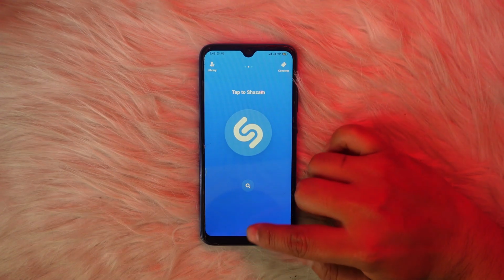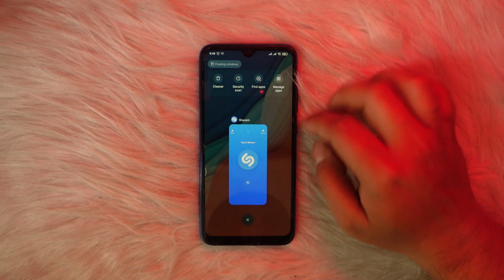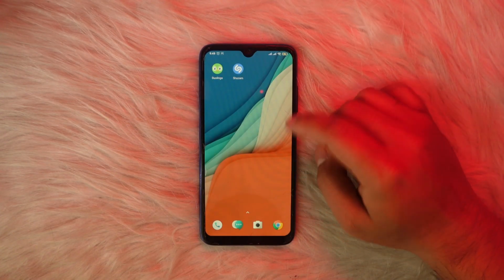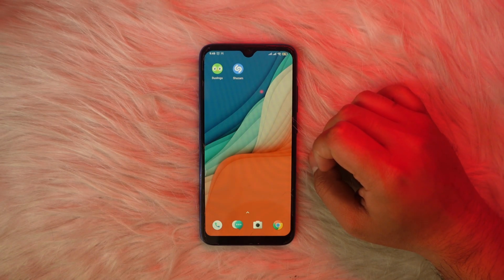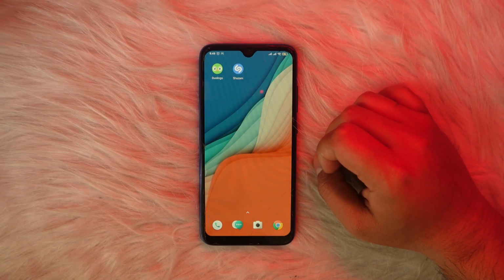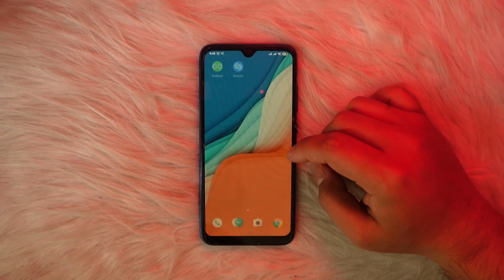If you're still having issues with it, make sure you remove the app of Shazam from your recent app list and also try to reboot your device. Sometimes your phone has glitches, and once you reboot or restart your device, these glitches should be fixed. Now, even after doing both of these steps, if you're still having issues with it,